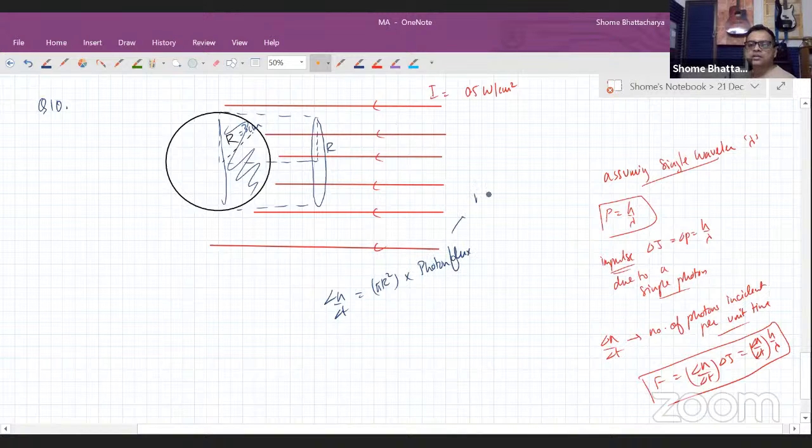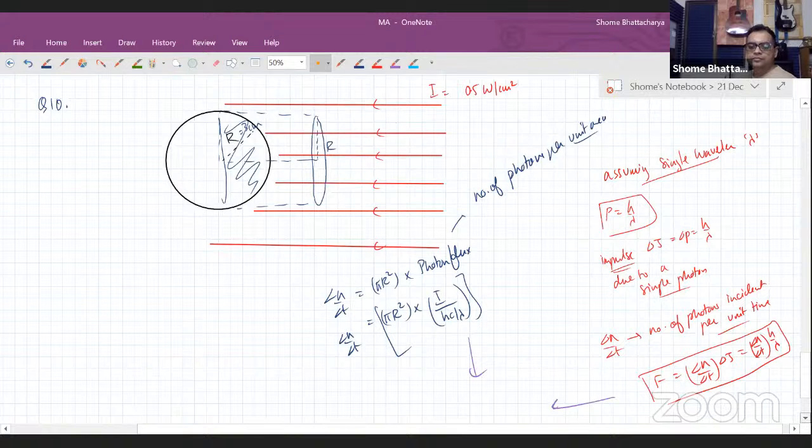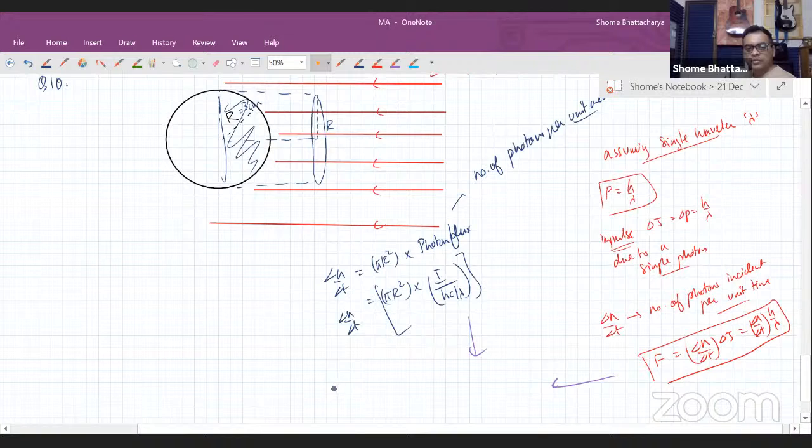That is the number of photons per unit area incident on this. So this is nothing but pi r square multiplied with intensity upon hc by lambda. So this is your delta n by delta t. Now you can substitute that here and you can see that your force will just become